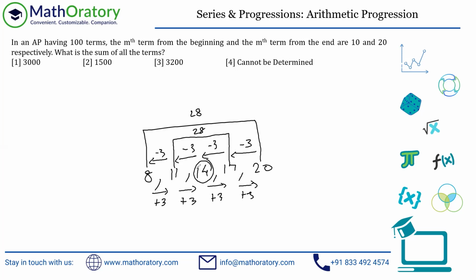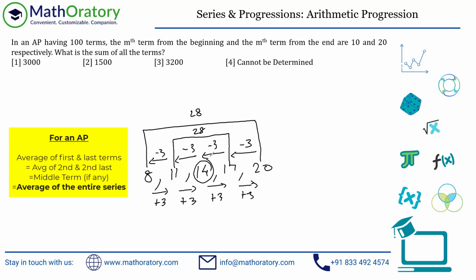See, when we are adding 8 and 20, we are adding the first term from the beginning and the first term from the last, right? When we are adding 11 and 17, we are adding the second term from the beginning and the second term from the last. So if you think of the third term from the beginning and the third term from the last, both of those are 14, right? So then it makes sense. I mean, 14 added to 14 itself will again be 28. This is precisely the reason that the average of the first term and last term is the same as the middle term. So this is what is happening, right? Because the sum of 8 and 20 is 28, the average of those two will be 14, which is indirectly the middle term, right?